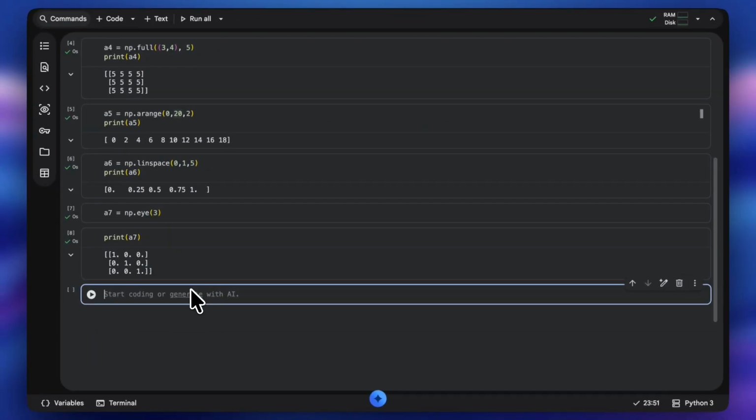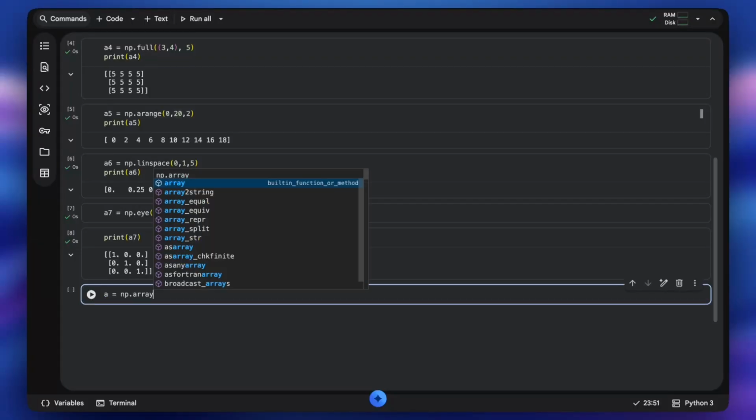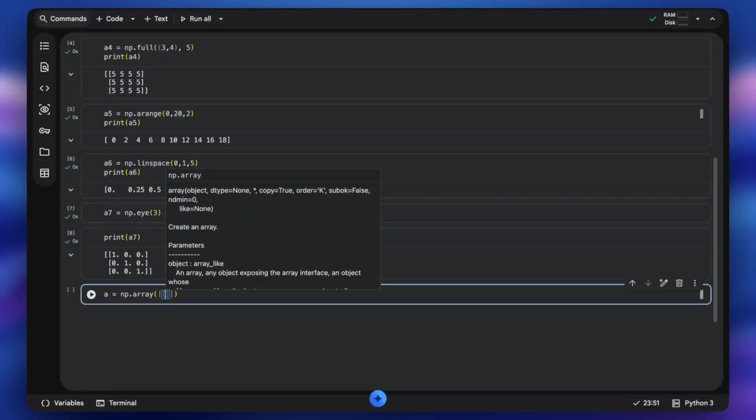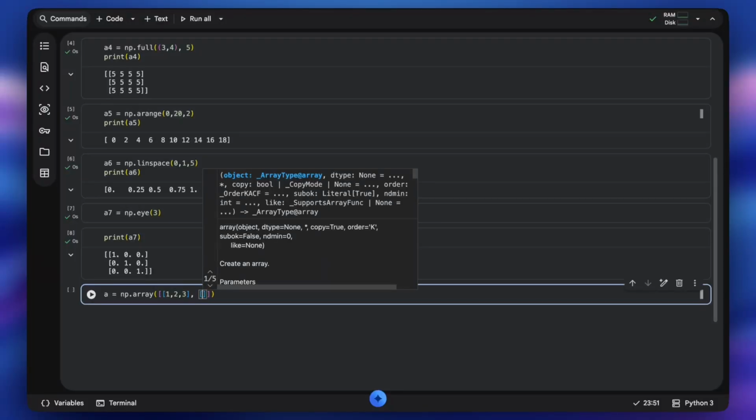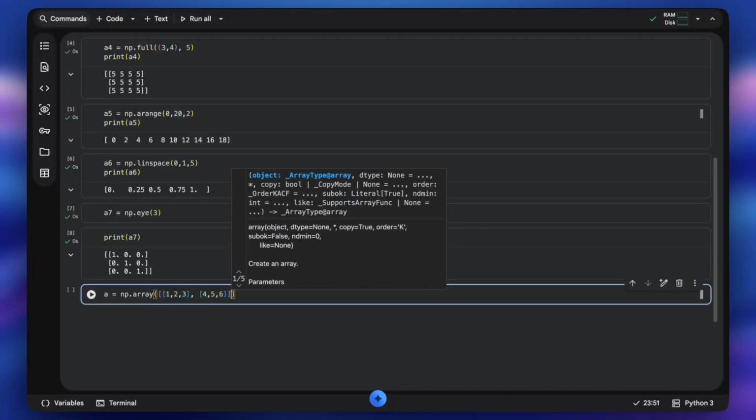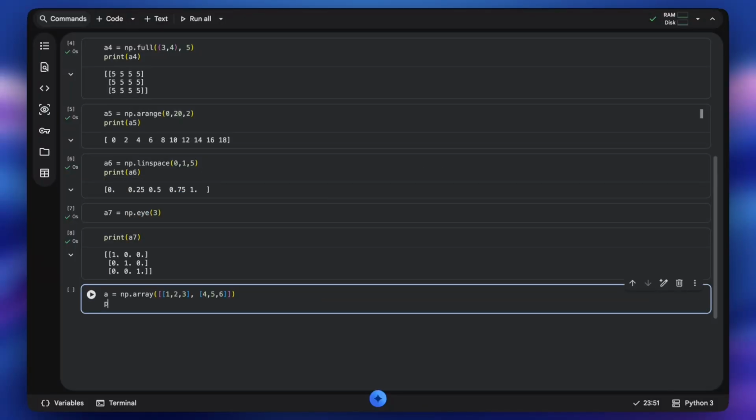If I create an array, suppose let that array be A, A is equal to np.array, and I pass the parameters like 1, 2, 3, and 4, 5, 6. And then I do the shape one, so it's a.shape.